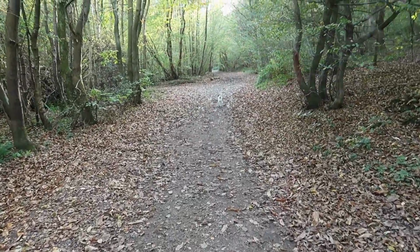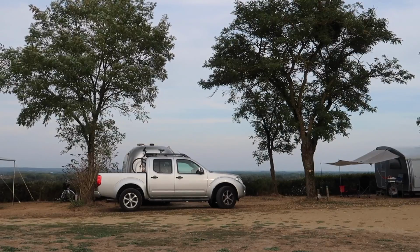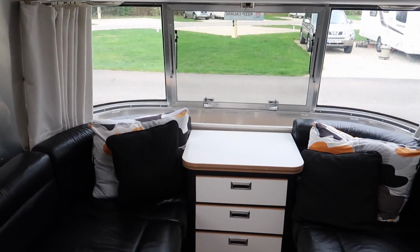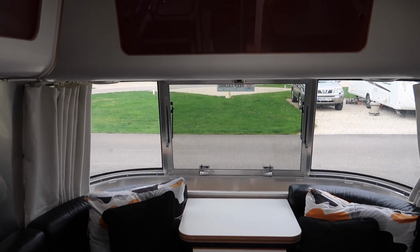So what have we been up to? Well, we last left you when we were coming back from the Utopia site in Saumur in France. So from there we headed on up, and I have dropped off my Airstream for a few repairs and a little bit of titivation. The lino has needed replacing for quite a while after I managed to tread sand into it and basically spoil it on the island of North Uist in the Outer Hebrides. I did that quite a few years ago when I came in dripping in my wetsuit from kite surfing, and I managed to get sand ingrained into the lino,